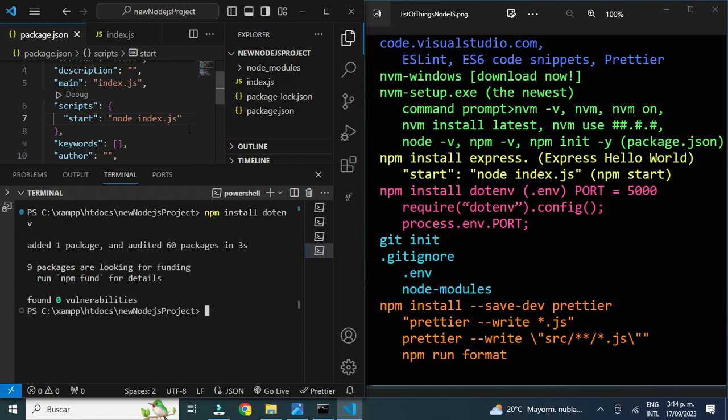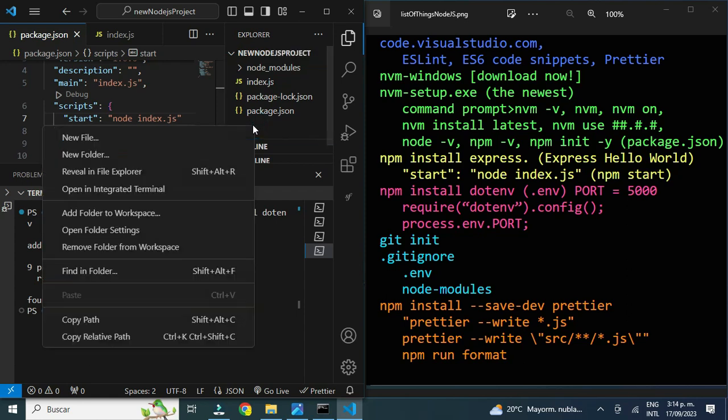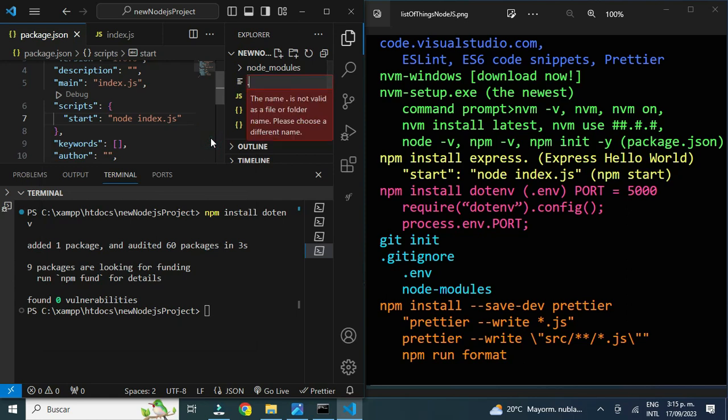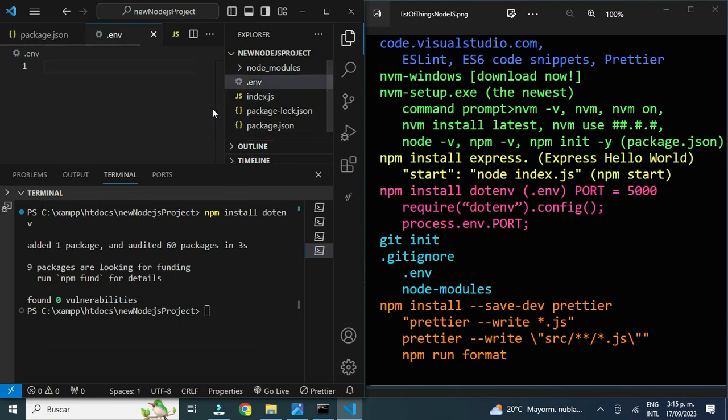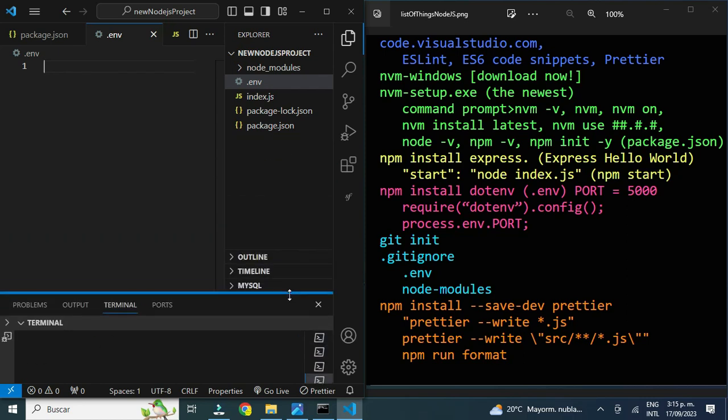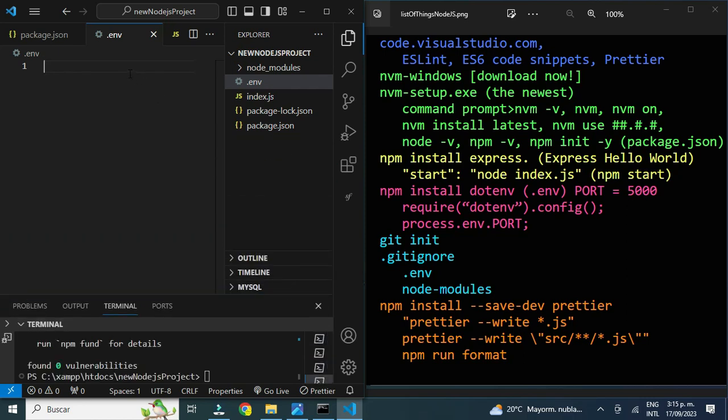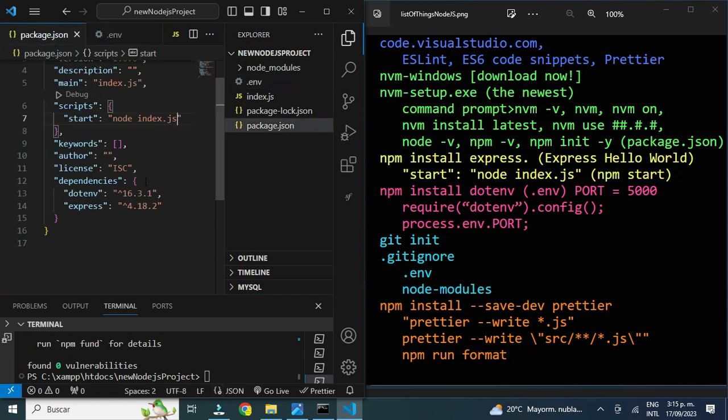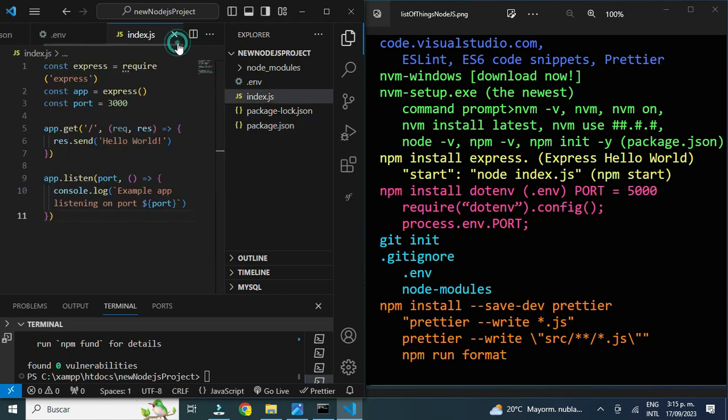This tool will allow me to create a new file called .env, hence the name of the package. And this file will work to save secret information. For example, in here it says 3000 is the port, and